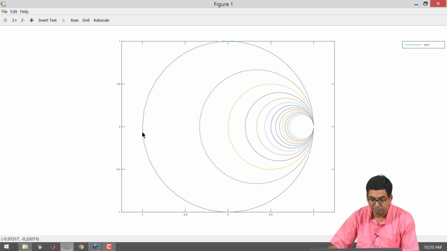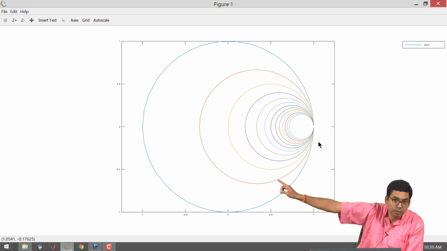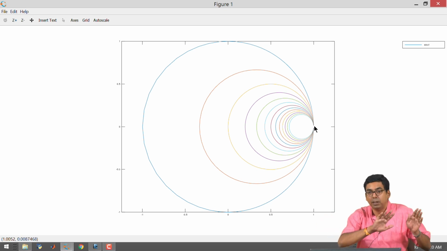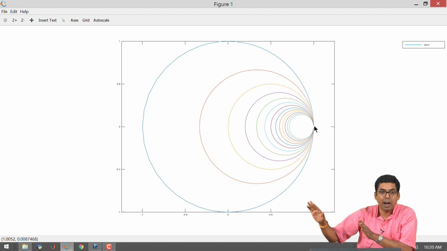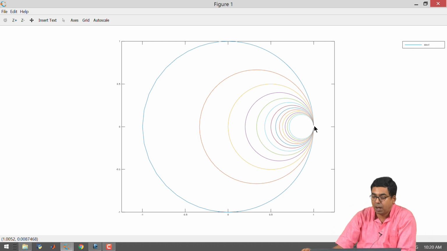all right. So, I know for a fact that this is r equal to 0, and I can tell you that as r increases, it keeps reducing the radius of the circle, and it also moves the center of the circle towards the right. Okay. So, if you keep increasing your r all the way to infinity, your circle will reduce to a point on the right extreme, all right. So, r equal to infinity will reduce to a point because the center will keep moving to the right side and the radius will shrink abnormally low and it will become a point. Okay. So, r equal to infinity is going to have a point on the right side.